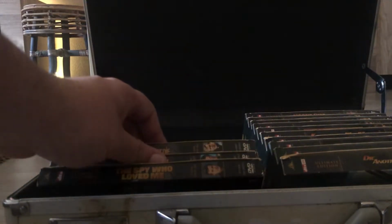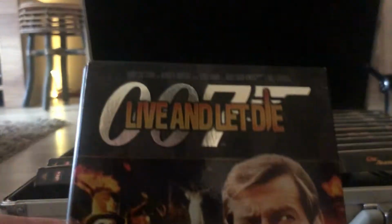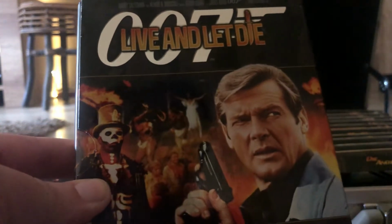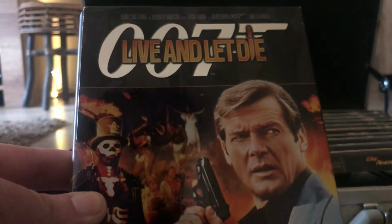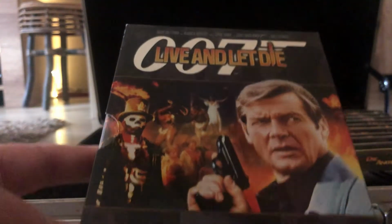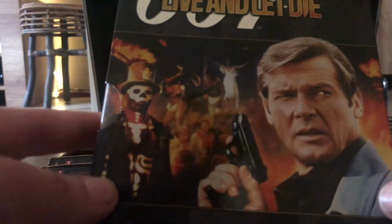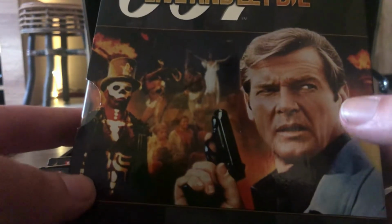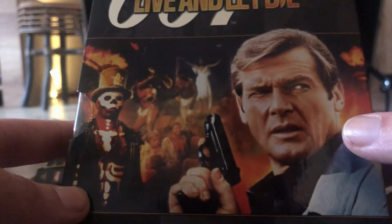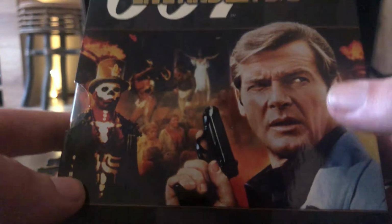Anyway, that was followed by probably my favorite era of Bond, which is the Roger Moore era. I have such a soft spot for the Roger Moore era because he is my favorite Bond actor. Controversial opinion, I know. A lot of people say Sean Connery. Yeah, Connery is definitely... I mean, once again, I have to make the distinction between my personal favorite and the best. If you ask me, purely objective, who's the best James Bond, I'd say Sean Connery. If you ask me my personal subjective opinion,